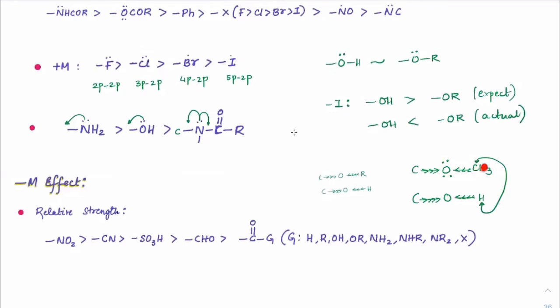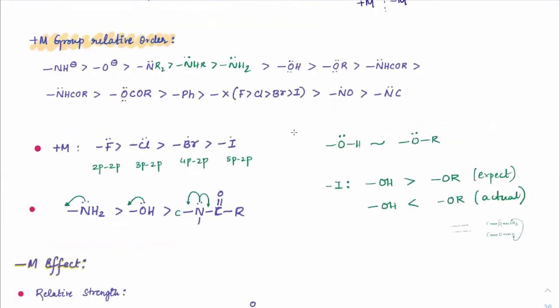Understood? While here the pull is from carbon, correct? So it won't be able to pull that strongly. So it will pull strongly from the left side also. Understood? So this is one distinction you will see when it comes to the inductive effect. So that is why, when you compare group-wise, OH is slightly better than OR, because OR would have a slightly withdrawing nature. So it is not as strongly donating as OH.